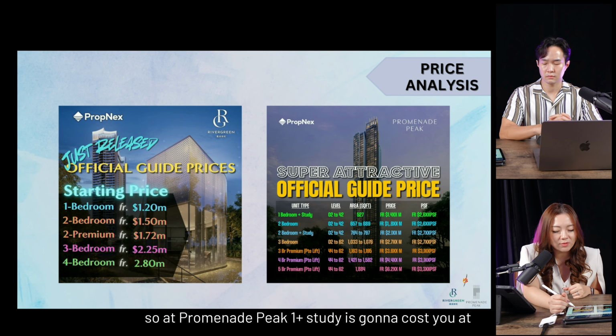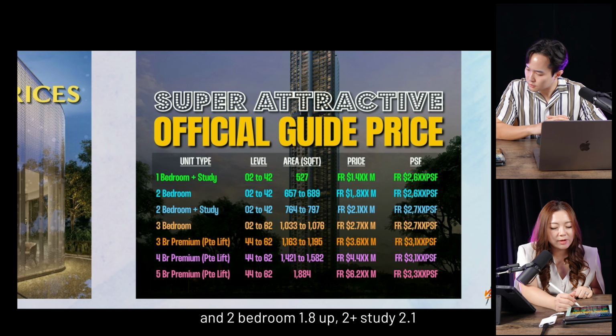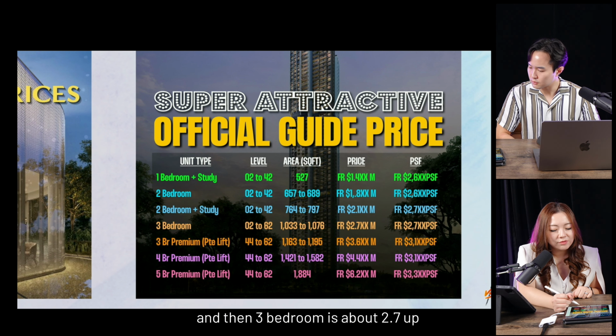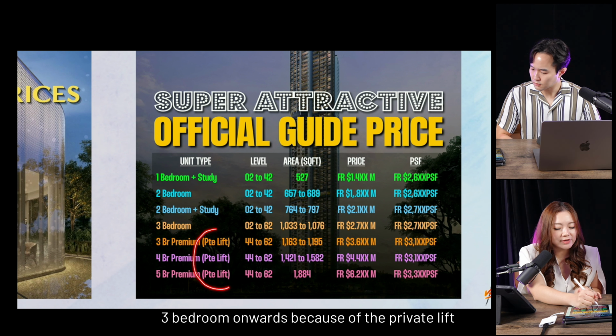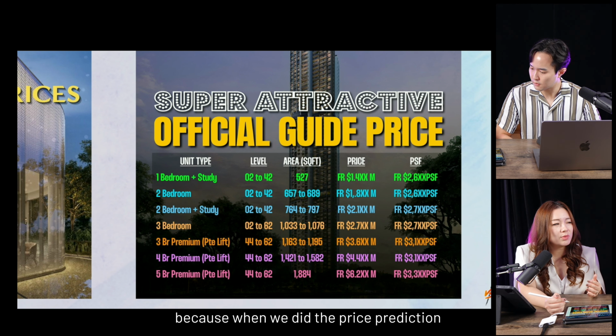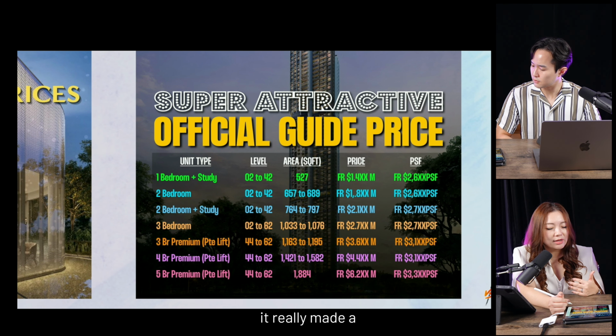So at Promenade Peak, 1+ study is going to cost you from a starting of 1.4 and 2-bedroom 1.8 up. 2+ study 2.1, and then 3-bedroom is about 2.7 up. 3-bedroom onwards, because of the private lift, you will notice that the price jump is actually more significant. Because when we did the price prediction, which will go on later, it really made a big difference because